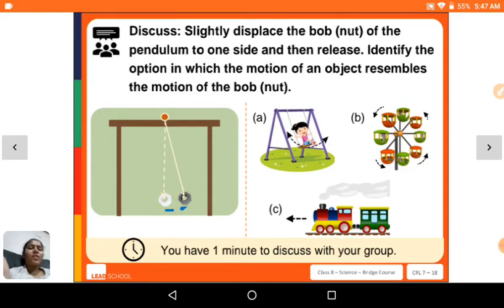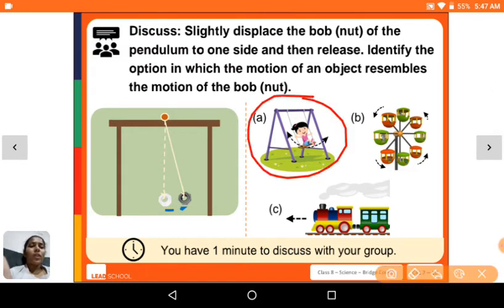So we can see in the swing. Here in a swing also we can see this. If this is a pendulum, this swing is at rest, it will be like this, then it will work like this, E1 E2 E1 E2, and then again after some time, if we do not give external force, it will stop at one position, right? So the answer is A,